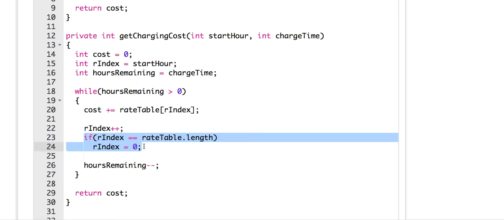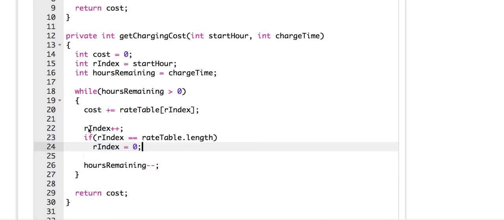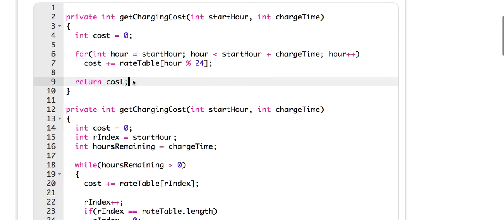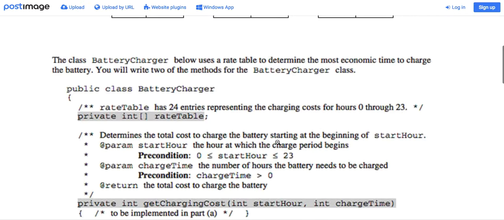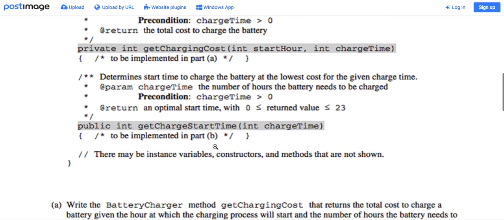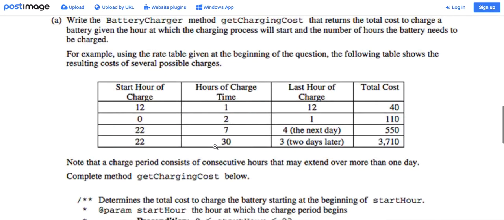It would reset the index back to 0 when it reaches 24, when it reaches 48, and when it reaches 72, I believe. And then at the end of it all, we're going to return the cost, the same as we did up here. So get charging costs, pretty straightforward. Now, what's the next problem is that we want to get